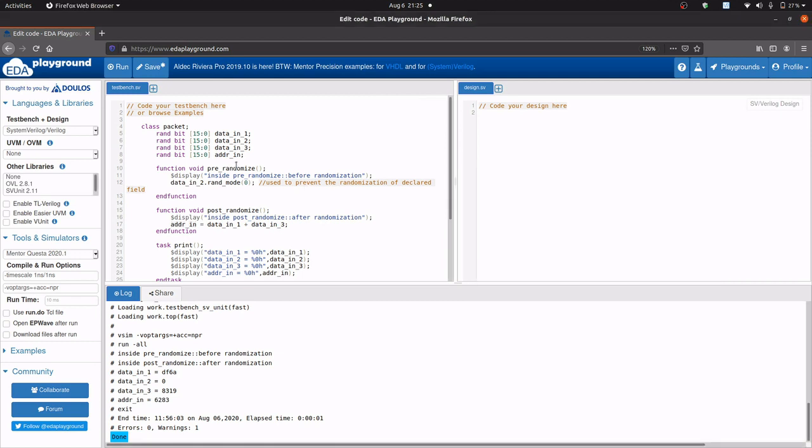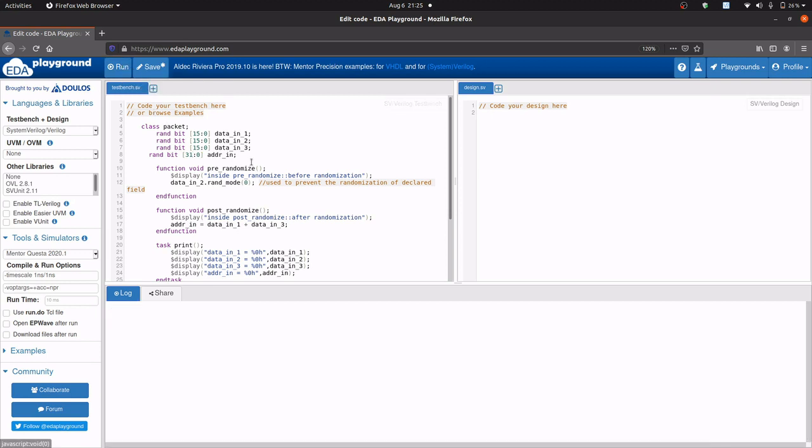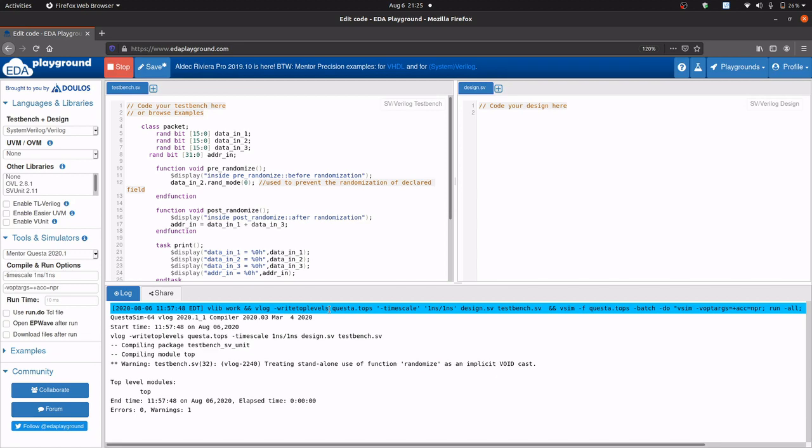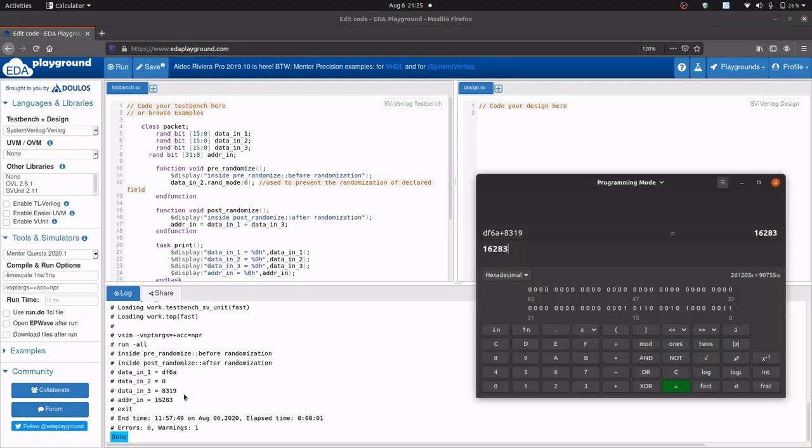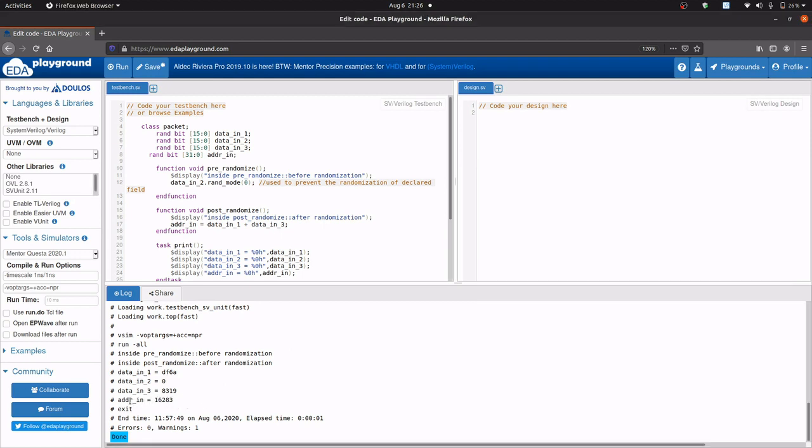When we add two 16-bit values, the result should be of higher dimension, so let's make it 32 bits. Now run it again. As you can see, data_in_1 is df6a plus data_in_3 is 8319 and the result is 16283. So this is what is called post-randomization, because we are adding the value here.